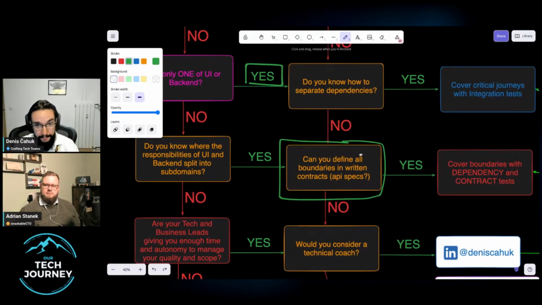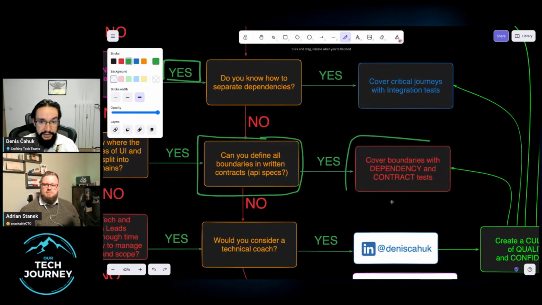If you know, then you can cover parts of the functionalities with dependency and contract tests, right? So you can write contract tests, like arch tests, where it says, okay, this part of the system should never include a module from that part of the system. So you can start documenting it. If you're using something like CodeScene, I just wanted to mention that, this is very practical because it can give you this for free because it basically does